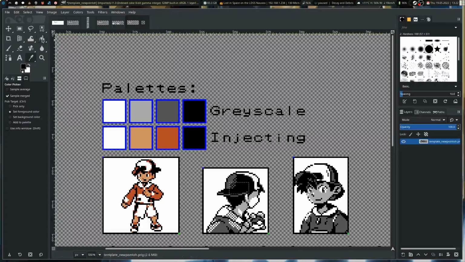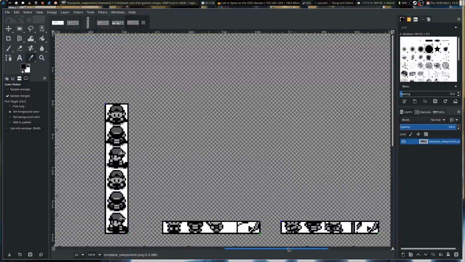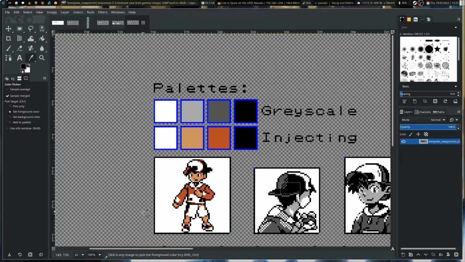Kind of like I showed you, you select the black, or maybe with the color picker you increase the threshold ever so slightly to get all those black squares, and then fill in the whole selection. And then you take the gray and make sure all of your darker grays are in the correct places and all uniform. Then on to the next one, and finally the white. So it makes it really simple to keep things together, so you stay within that color limit, and then when you upload it to the injector,